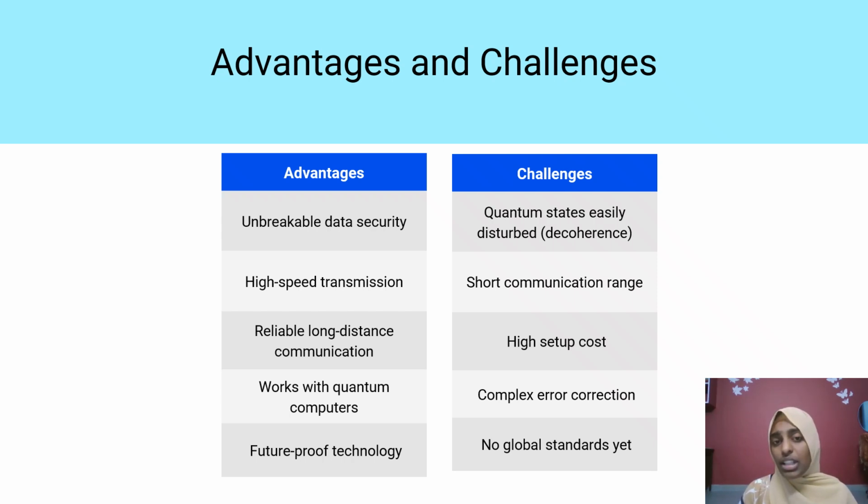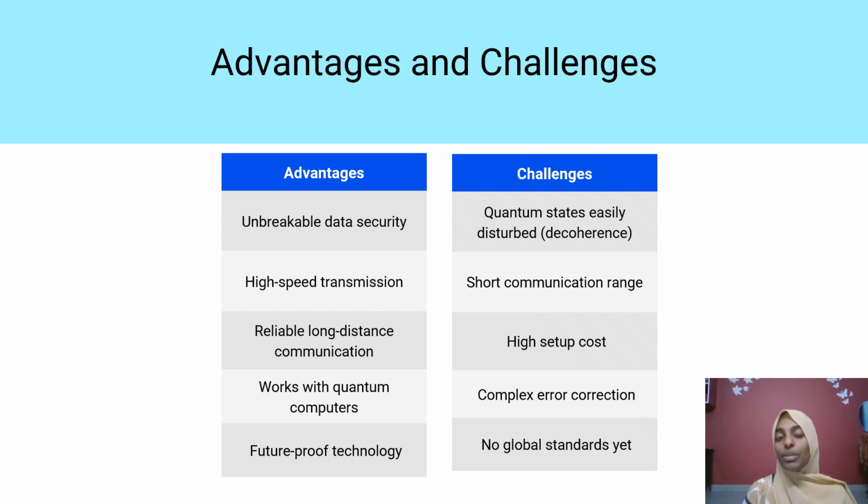It's unbreakable data security. It provides very secure and faster communication, high-speed transmission, and reliable long-distance communication. It is only possible using entanglement, and it works with quantum computers, as it's all about maintaining the nodes which are related to quantum. So it works well with quantum computers, and it serves as a future-proof technology. And the challenges which it has are